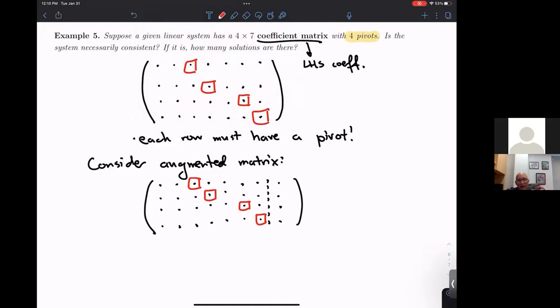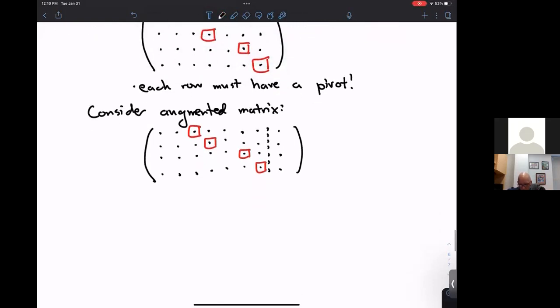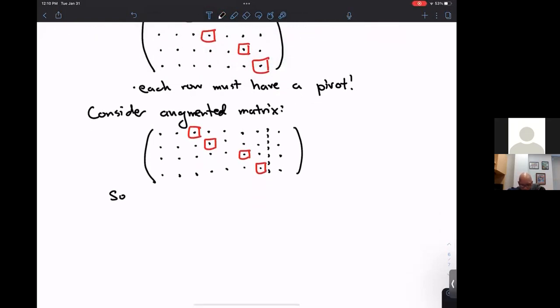So when I add that right-hand side, that last column, there can't be a pivot there. So since the coefficient matrix has a pivot in each row,